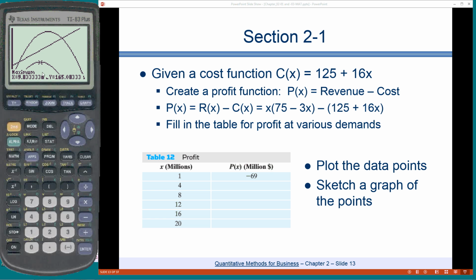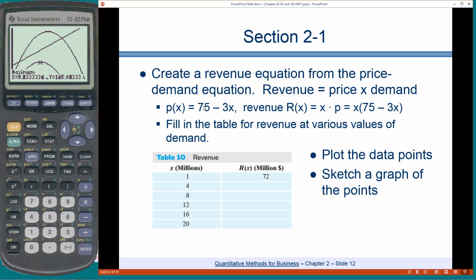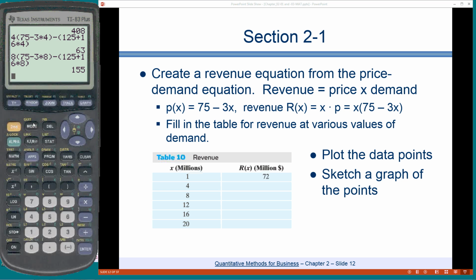That's the maximum for the amount that's left in your pocket after you collect all the money and then pay out your costs. Okay? What's the price for that? Well, let's go back to our price equation. Price is 75 minus 3x. So I got to plug 9.8333 into that equation to figure out what the price is. So let's quit this. Clear that just to make it a little bit easier. 75 minus 3 times 9.8333